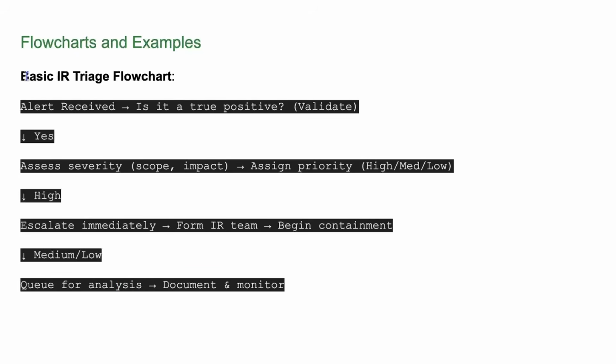The first one would be the basic incident response triage flowchart. So it's very, very quick. The alert was received. Is it a true positive? Validate. If it is a true positive, if the answer to that is yes, then okay, we're going to assess